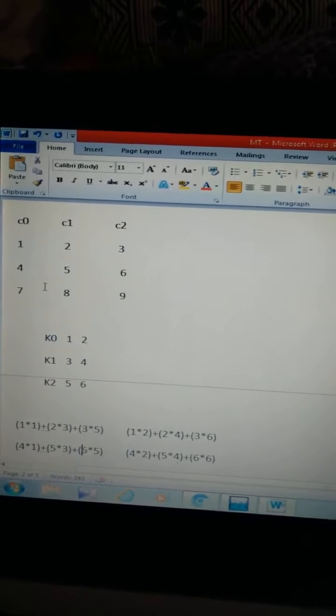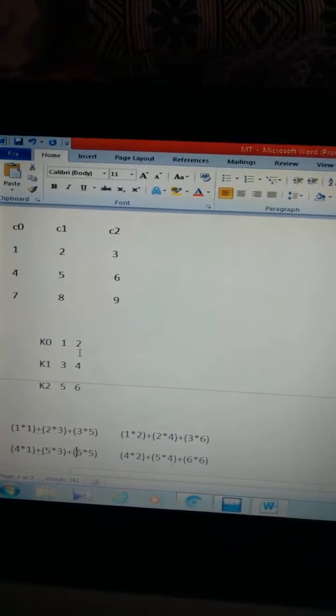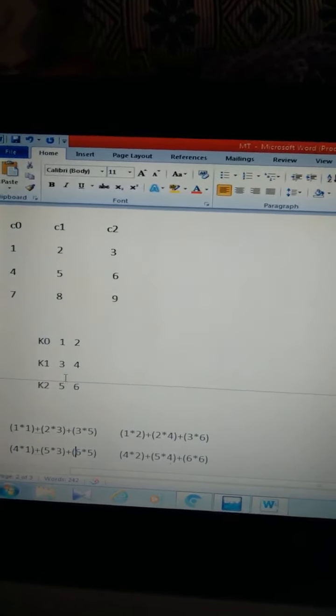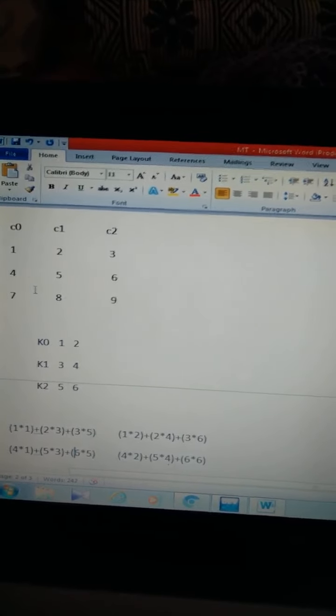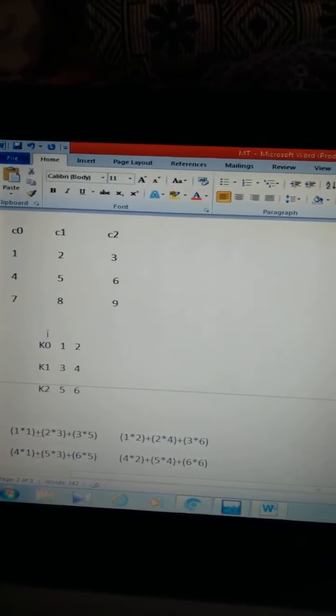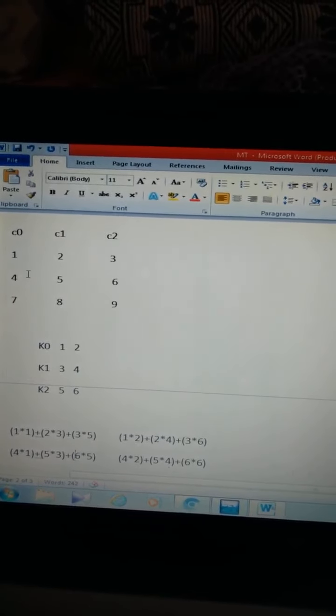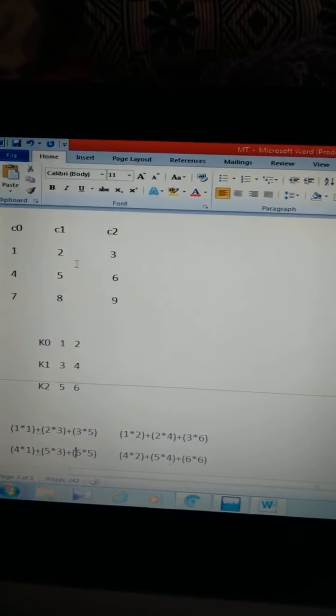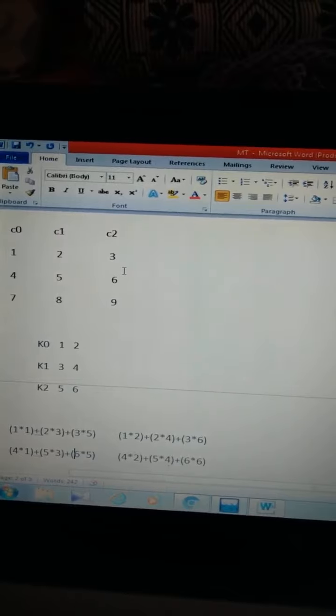For multiplication we go like this, rows into columns. For that purpose, 3 elements of matrix 2 should be multiplied with the 3 elements of the rows of matrix 1.